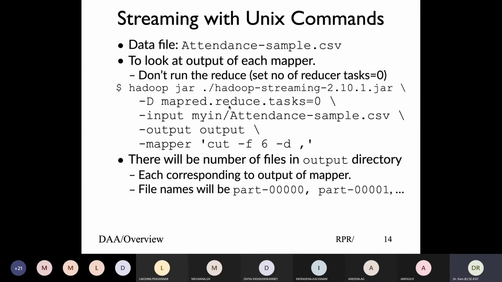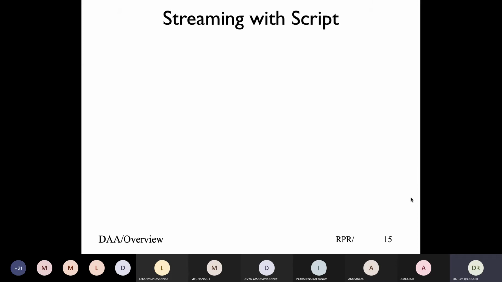Similarly, if you say map.tasks, you're specifying how many mappers to run. So in a streaming interface, you can control how many mappers or how many reducers you would like to run. And if you have multiple reducers, each will give an output, because each reducer puts out an output, and that's what you will see. If I see 2 splits and there is no reducer, then based on the number of mappers, you will see that many outputs. So I would suggest you explore, try things out, run it yourself.